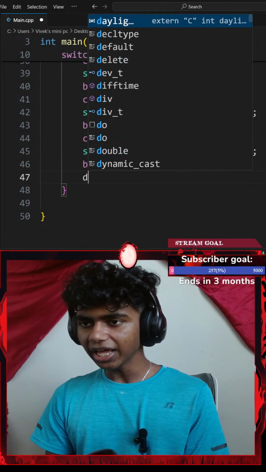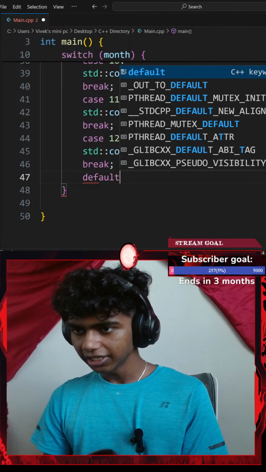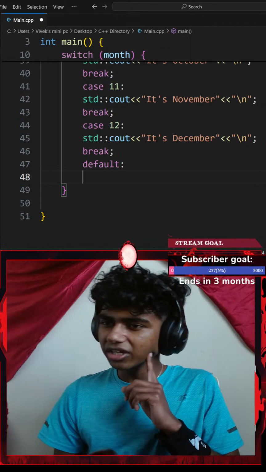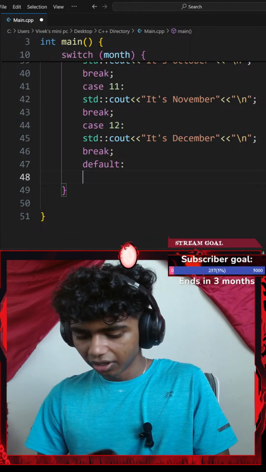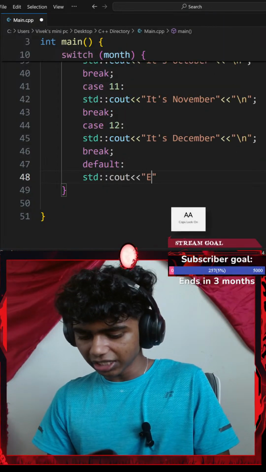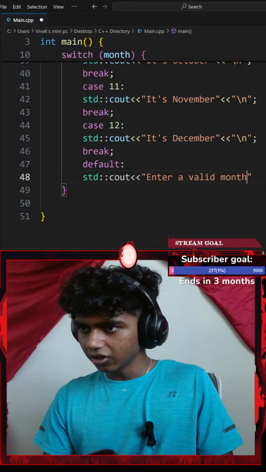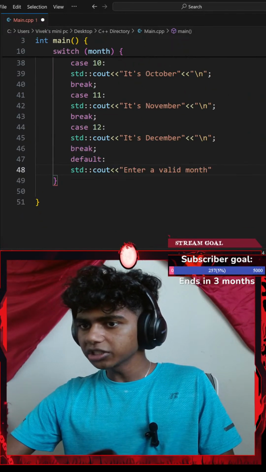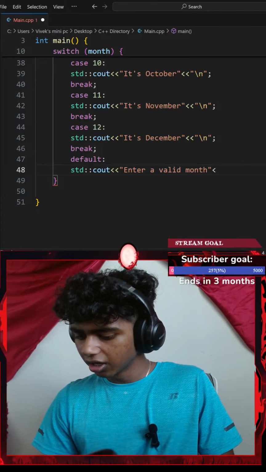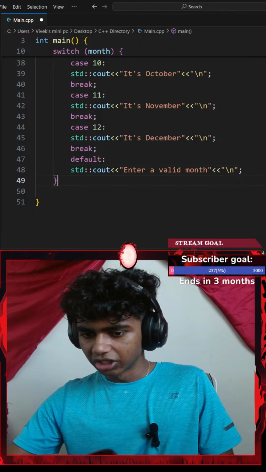Okay, honestly, I might add a default case as well. So let's go with default. My default is going to be something. I'll add a pair of curly braces. Did I have to add curly braces? Pretty sure no. Let's go ahead and add a standard console output with an insertion operator. I'll say enter a valid month. That should honestly be pretty good. I'll end that with an insertion operator of a \n new line, and then lastly return 0.